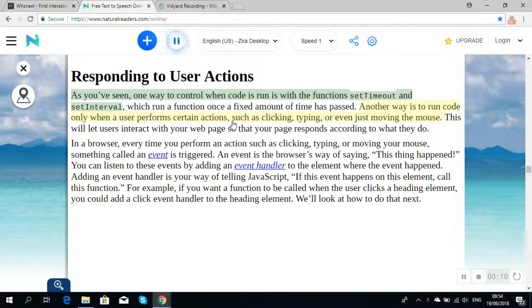As you've seen, one way to control when code is run is with the functions setTimeout and setInterval, which run a function once a fixed amount of time has passed. Another way is to run code only when a user performs certain actions, such as clicking, typing, or even just moving the mouse. This will let users interact with your web page so that your page responds according to what